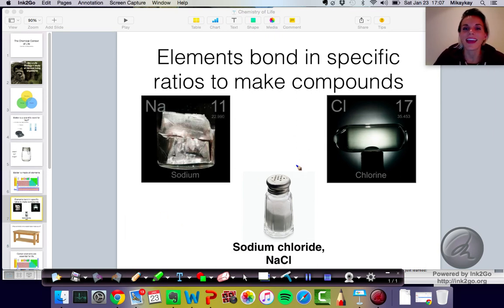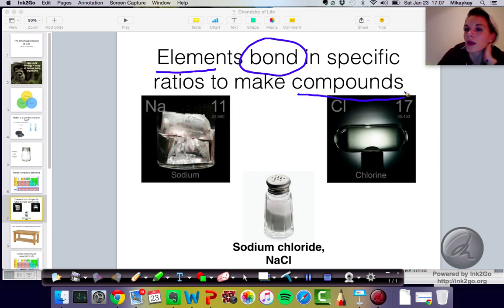Blue. Okay. So when we see elements coming together and they bond, so they make connections in specific ways, we can call those compounds, right? They are compounded elements. They have come together to form one entity from multiple things, right? And a classic example that they always talk about in chemistry class, and I guess in biology class now, is sodium and chloride coming together to make sodium chloride.